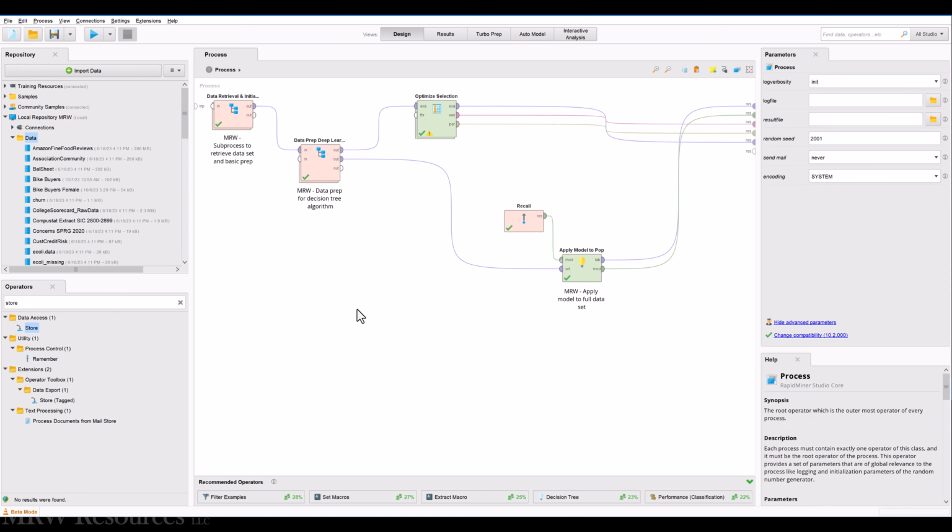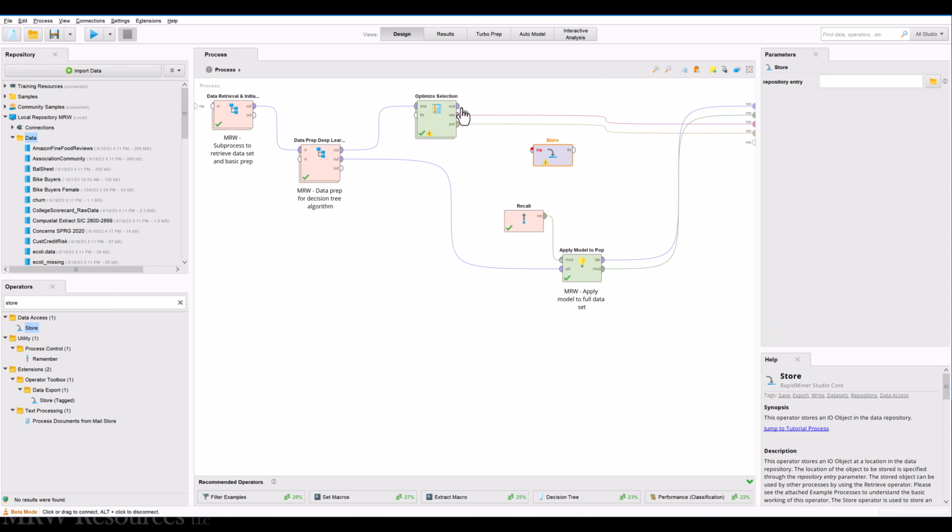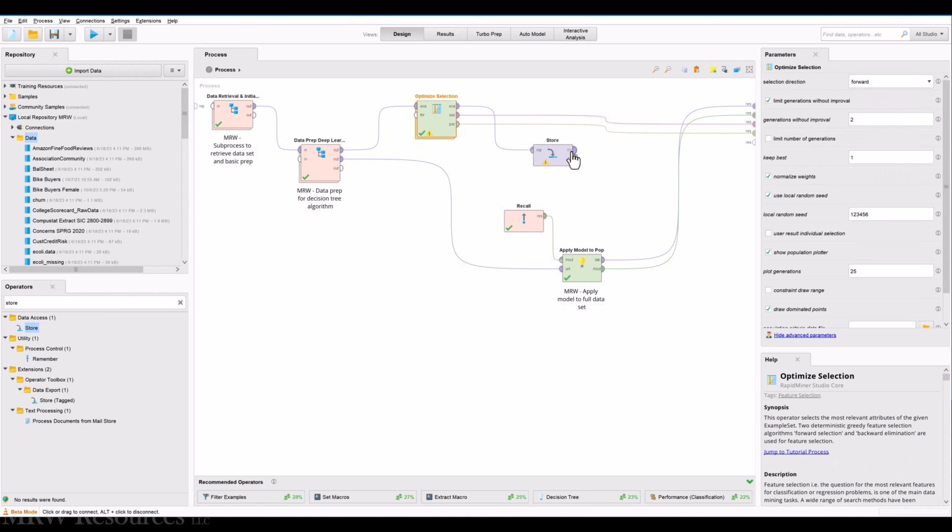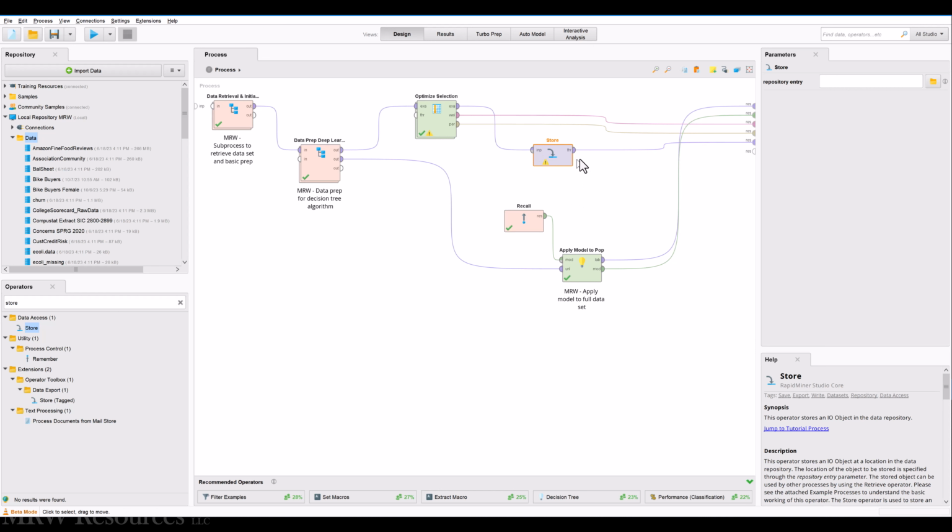Now I've got a number of outputs connected to my output wall, my results wall here. One of these is the examples, and what this is going to do is be the actual optimized data set with the features we don't need missing from the data set. So let's see if we can capture that. I'm going to use the store operator now and bring those in here. I'll go ahead and pass those through to the wall, but first I want to make sure I have this data available again, and I'll put it in my data folder,